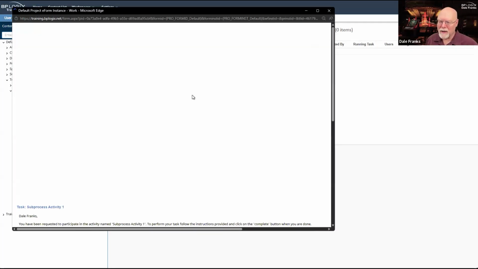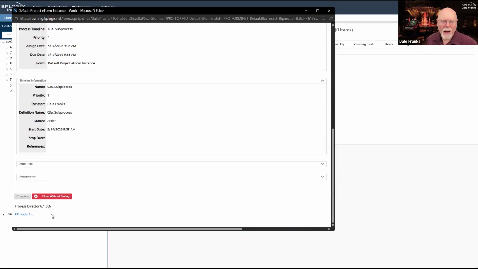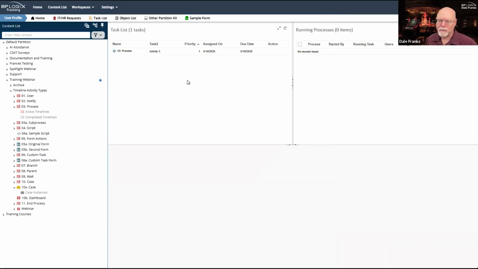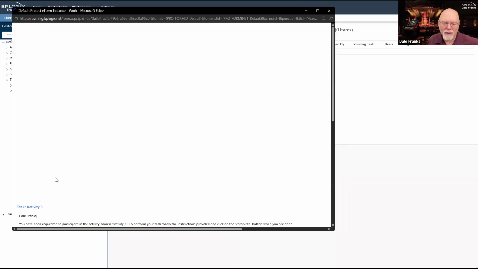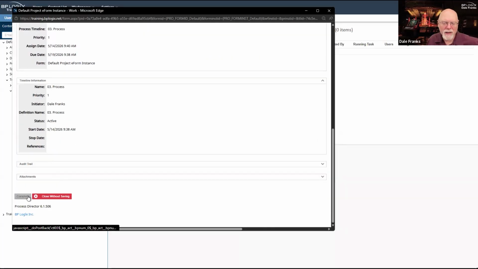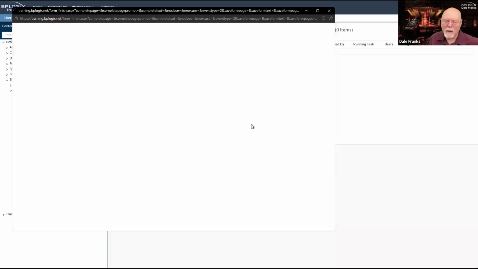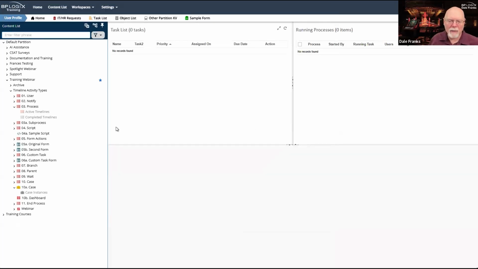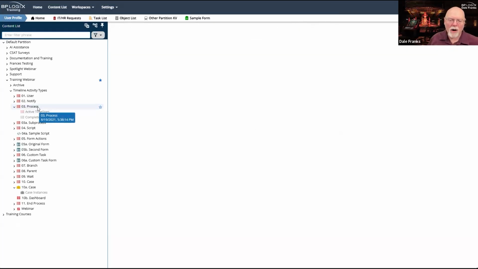So if I click that, it's going to give me my task here for sub-process activity 1. And I can go ahead and complete that task. And now you can see I am back in 03 process and I am running activity 3. So I can go ahead and just end that process as well. And now both my process and my sub-processes are complete.